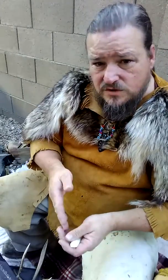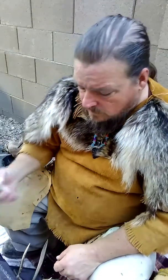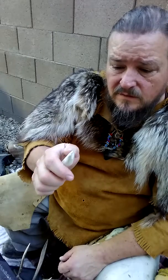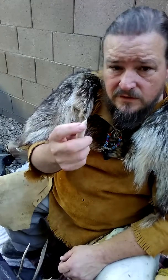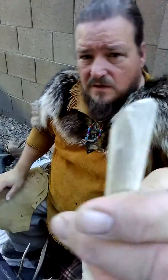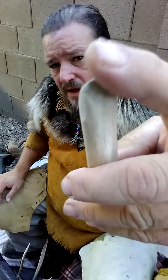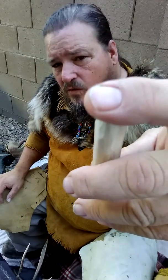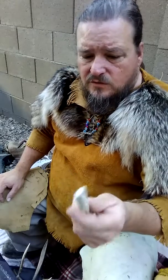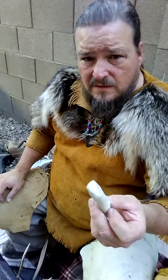So my antler for pressure flaking would just be for the pressure flaking, and then this would be for the shaping. With this wedge tool, since I'm using it for indirect percussion a lot, I'll trim this end up a little bit more, and you can see the use that's on there. You have these because I'm using the corners for indirect percussion. I'm using this, still the corners, but more over to the inside for flaking, and I'll demonstrate that a little later on. So this tool has the ability to do indirect percussion, pressure flaking,